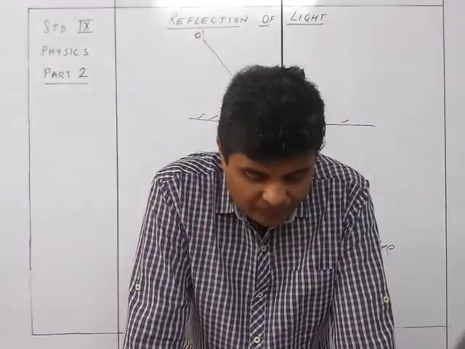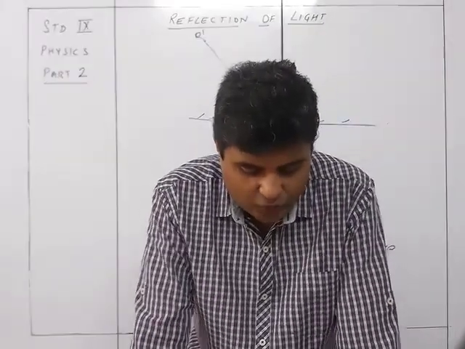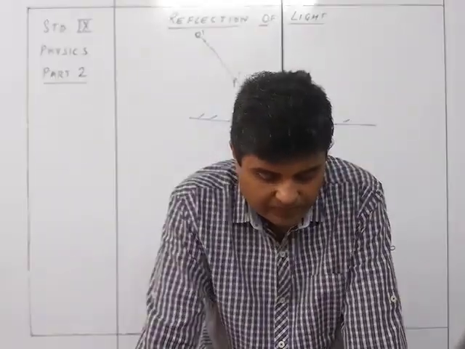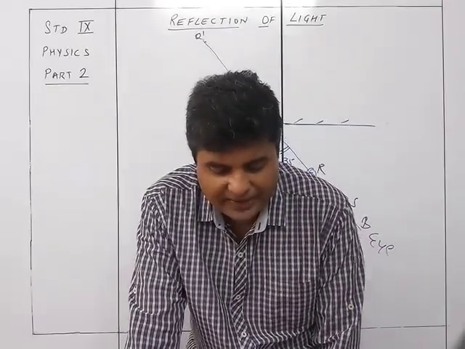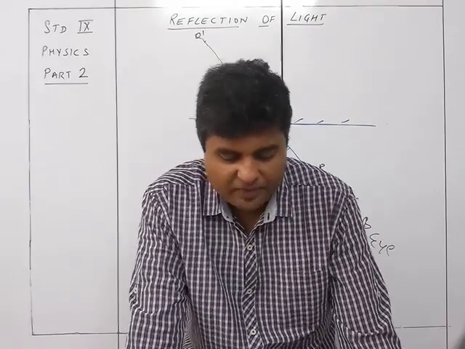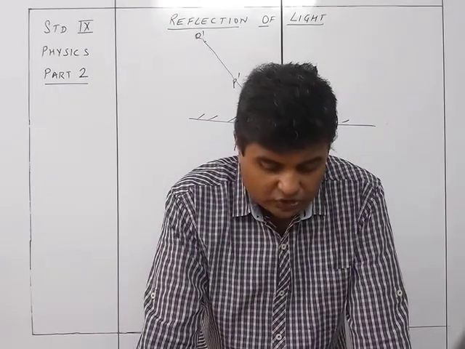So we see that the point where the two reflected rays actually meet, or they appear to meet, gives the position of the image of that point of the object. Thus, we can obtain the position of the image of different points of the object, and by joining these points, the complete image of the object can be obtained. Types of images. The image can be of two types, the real image and the virtual image.